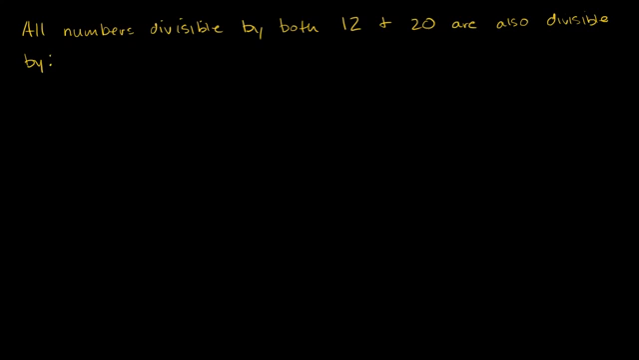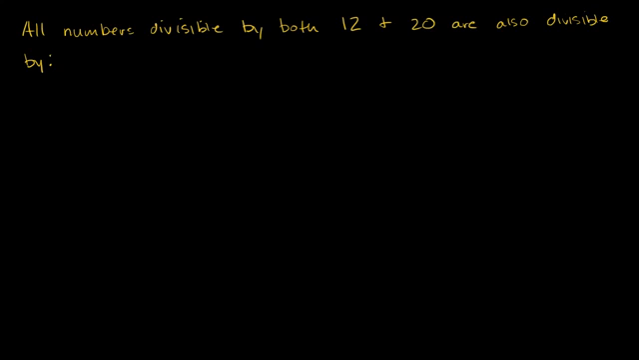In this video, I want to do a bunch of example problems that show up on standardized exams and will definitely help you with our divisibility module because it's asking you questions like this. All numbers divisible by both 12 and 20 are also divisible by... And the trick here is to realize that if a number is divisible by both 12 and 20, it has to be divisible by each of these guys'